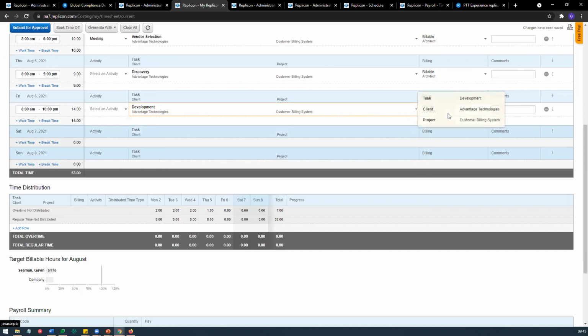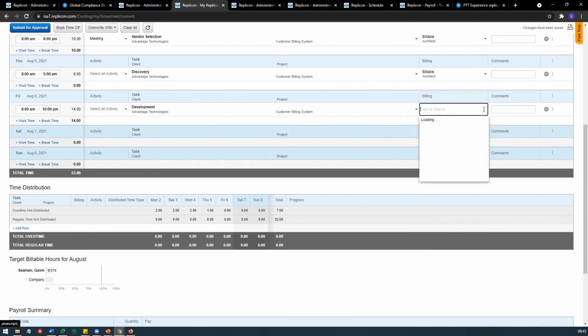And the options, notice it automatically goes ahead and selects the billing rate that would work best, but you have the option to go ahead and change them based on whatever billing rates have been assigned to you. Now I'm going to go ahead and click on the refresh icon right here,